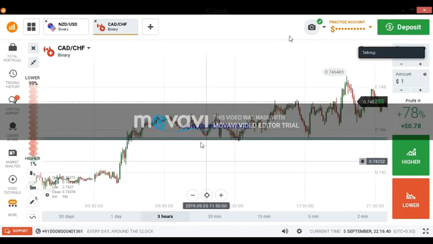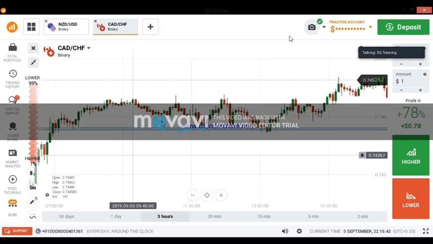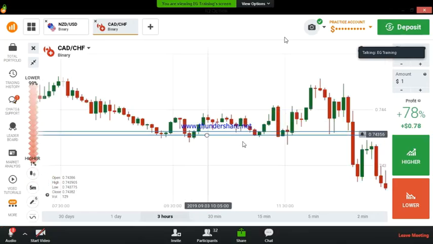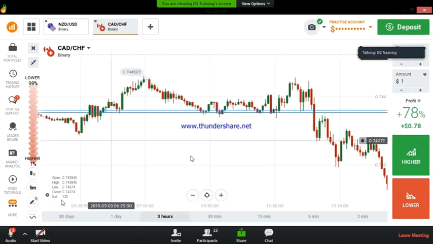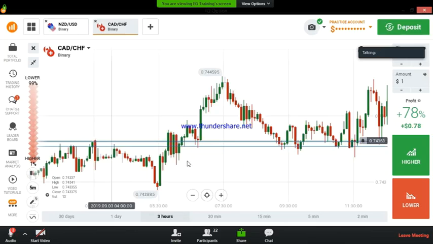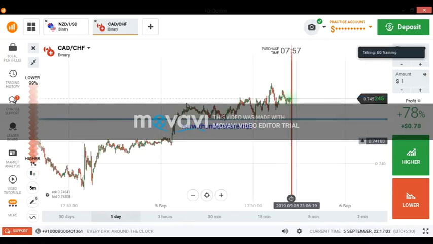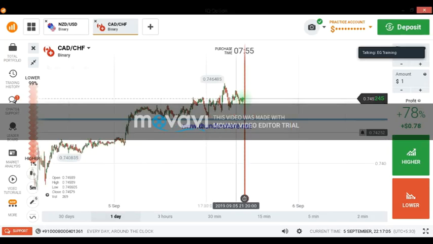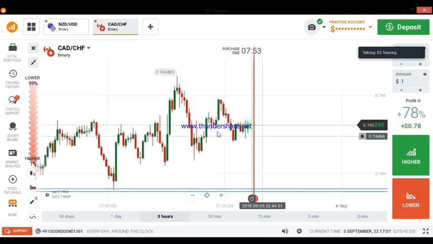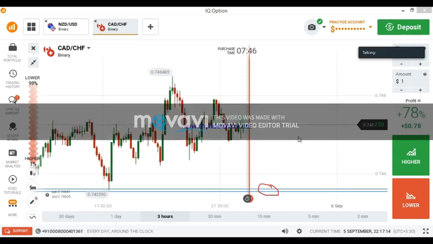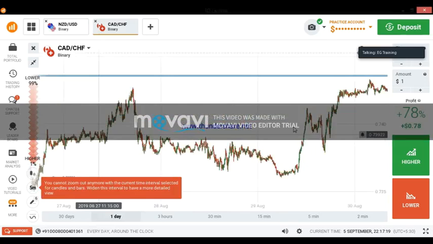A very strong level. Most of the time the market reversed from this level, so we can trust this level. We can trade on this level only, because this is a strong SNR level. It means if we trade on this level, we will get ITM easily. Most of the time we will get ITM if you trade on this level. Not only in the present market, you can trade on these levels in the future too, because for the past 2 or 3 hours, the market is respecting this level.